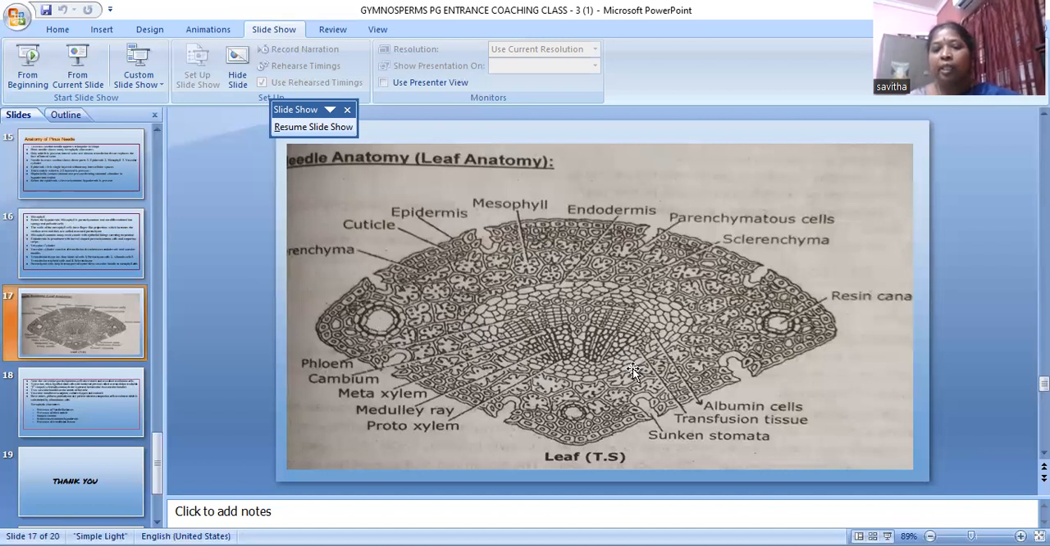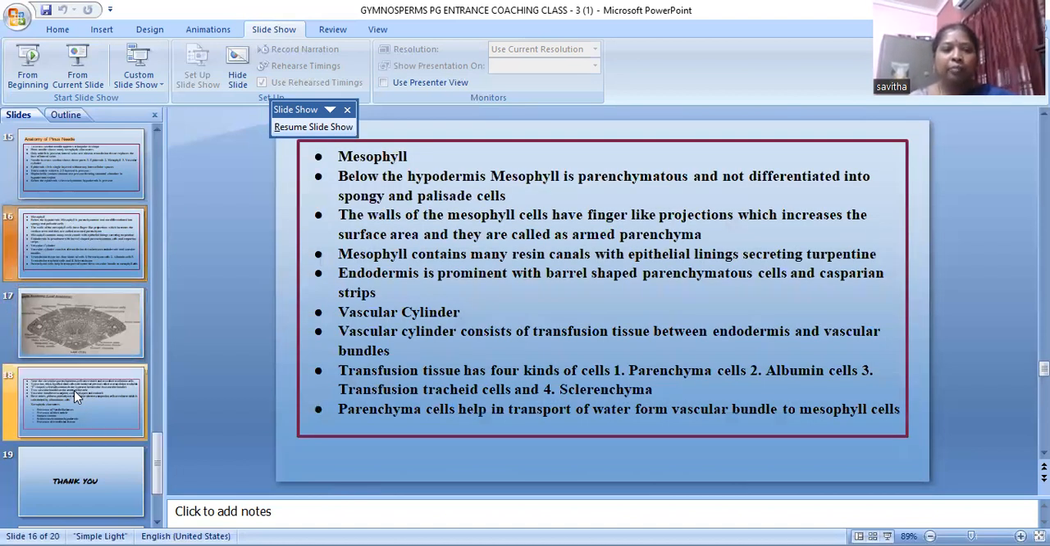When you come to the central part, the vascular cylinder has the endodermis with Casparian strips, and transfusion tissue is present below the endodermis. Between the vascular bundles and endodermis, you will see the transfusion tissue, which runs all along the endodermal part. The transfusion tissue consists of types of cells: transfusion tracheids, sclerenchymatous cells, and